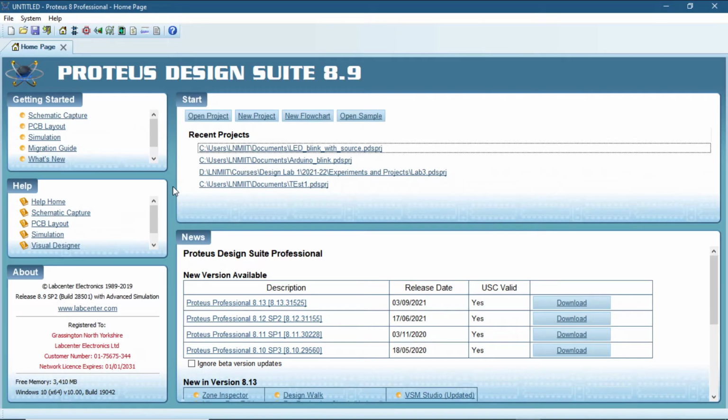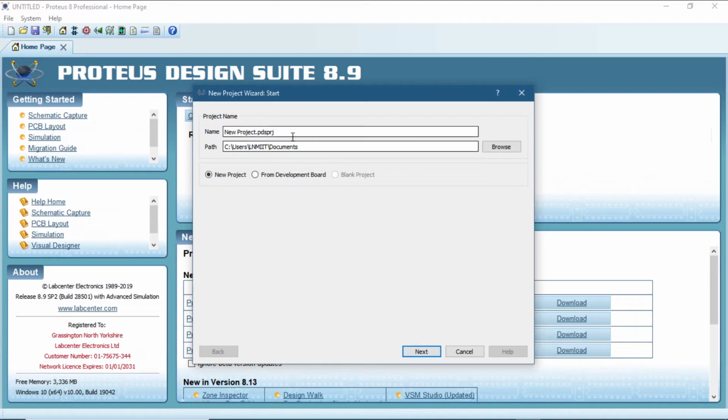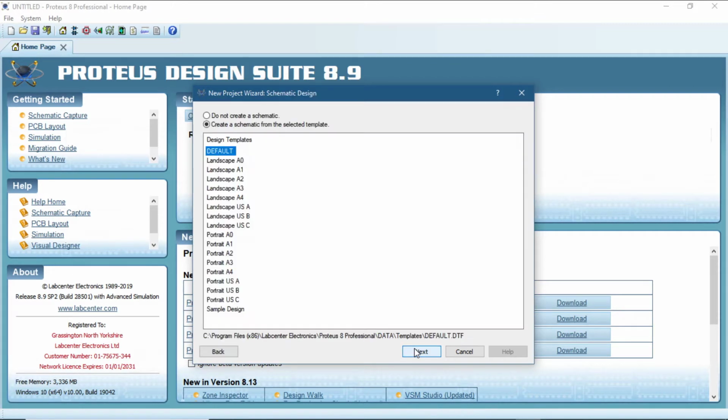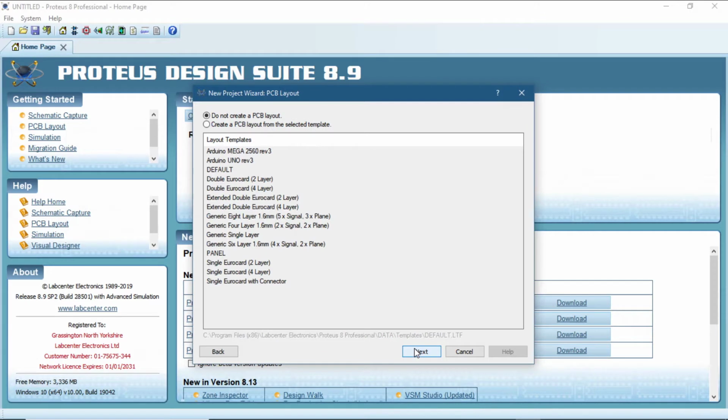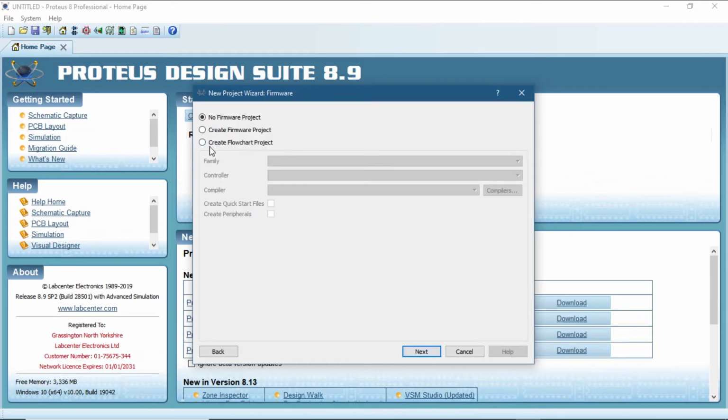So we are at the dashboard of Proteus. First of all, we are going to click on new project. We will give an appropriate name and then we go ahead. No change in the schematic and PCB layout, but here is the important step.